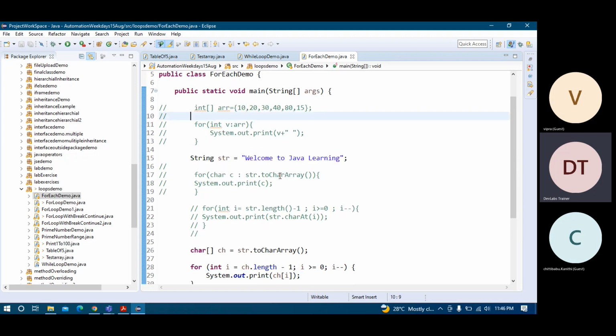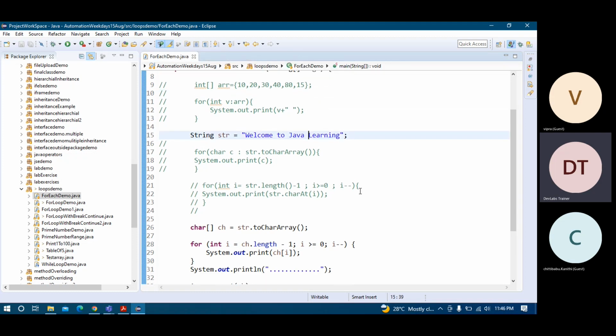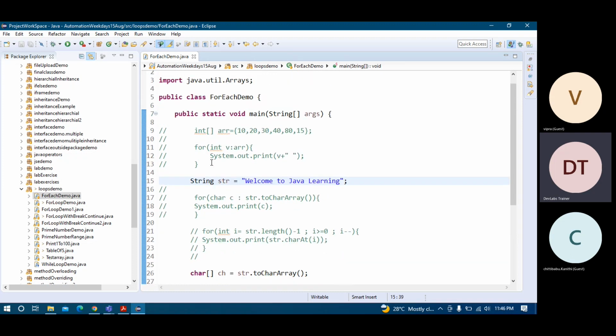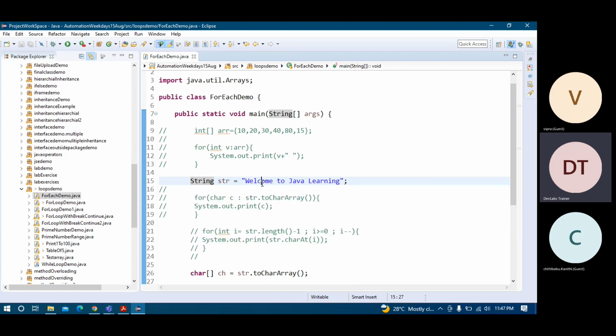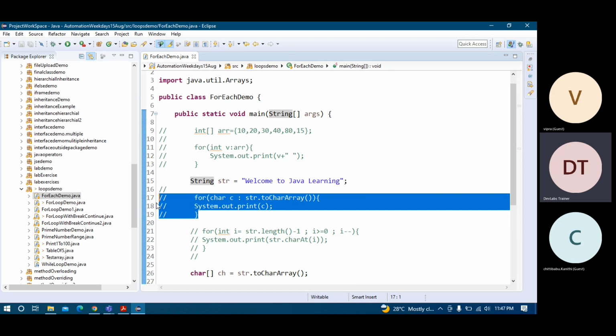You can see here this part. This is an example of for each. I will show you this part especially. See, focus on line number 15. What I am trying to do, I am converting into the character array. Okay, so there is a method to convert a string into a character array. So what I am doing here, let me